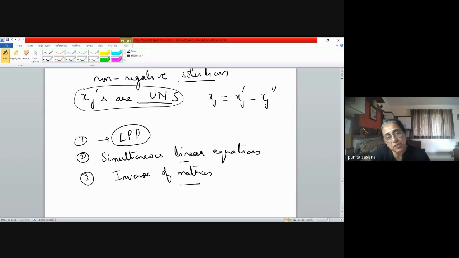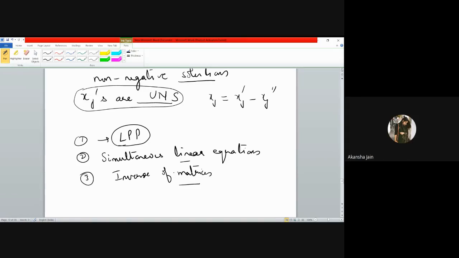And as I mentioned in my last class also, this is definitely better than the big M method. Though when you look at it, because you have to do calculations to convert the given problem into an auxiliary one first and then solve, some students find it a little tedious, but it definitely has a better convergence rate than the big M or the penalty method.